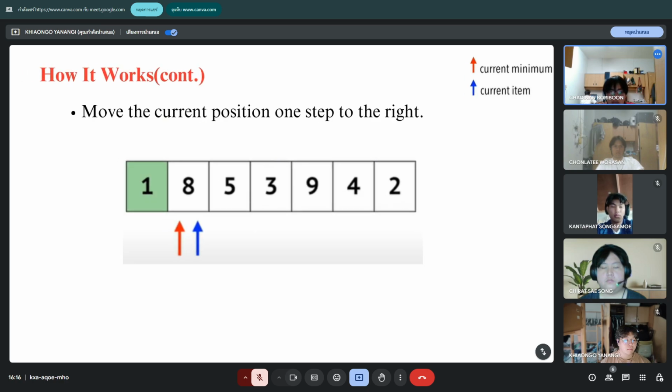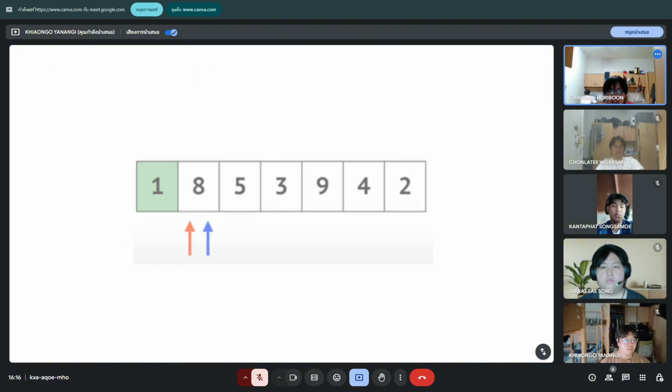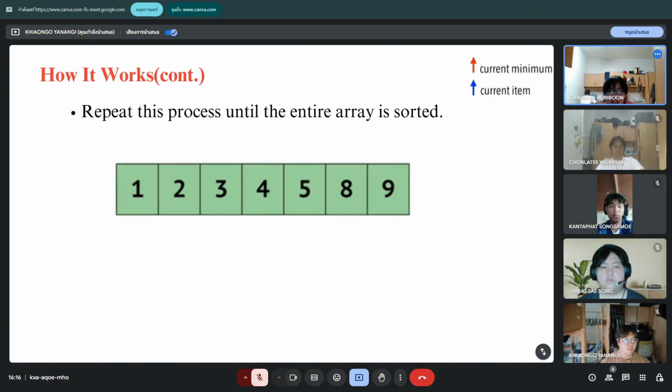Move the current position one step to the right. Repeat this process until the entire array is sorted. Although it is simple, it is not the most efficient for large datasets because it always takes the same amount of time regardless of how sorted the data already is.